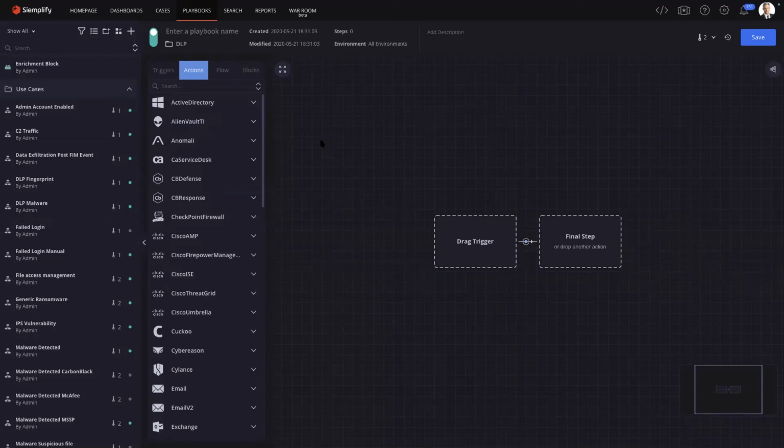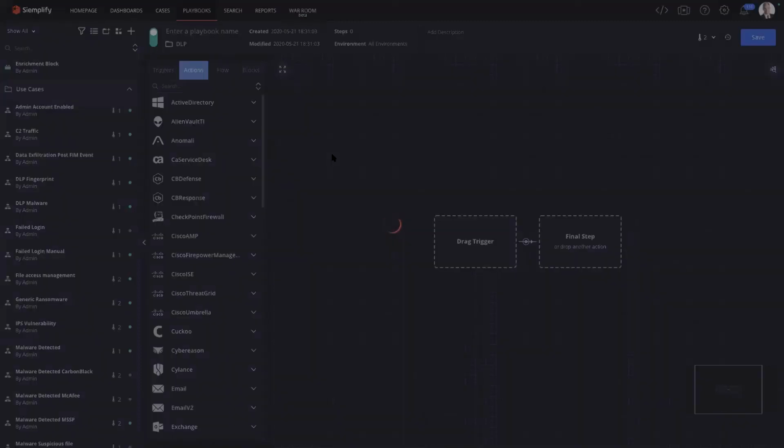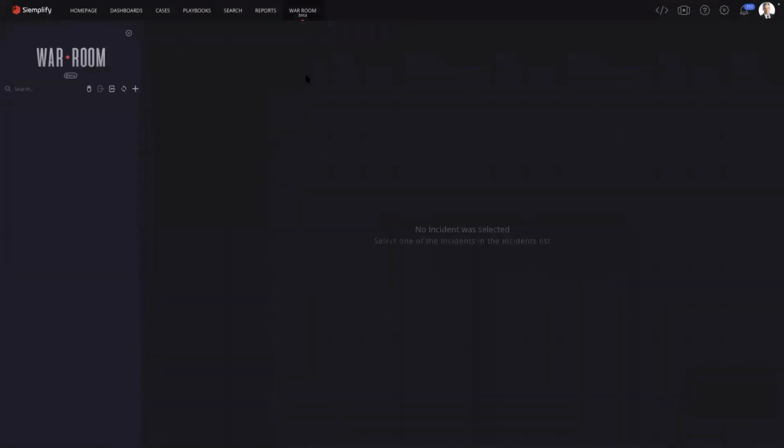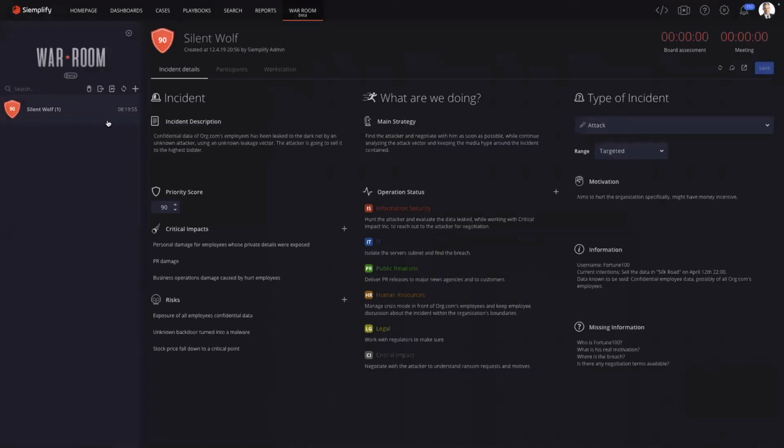One of the other features that I really want to highlight is what we call our war room. This was actually just renamed to Command Center. But essentially this is our incident response hub, if you will. This allows you to respond to an incident and bring all parties together in one place to coordinate your overall response. Given my previous life working in threat intel and cybercrime, this was hugely important